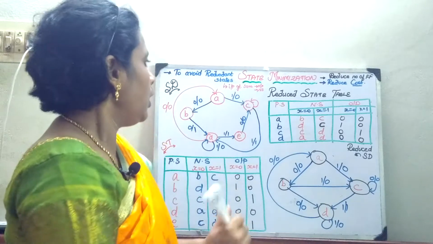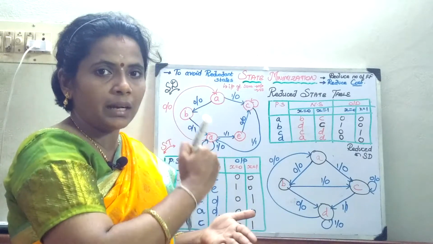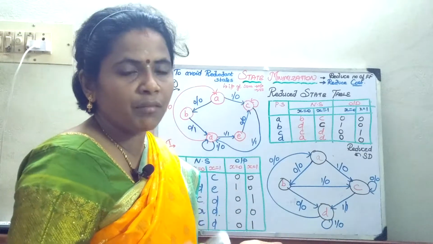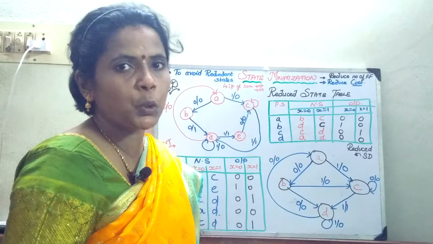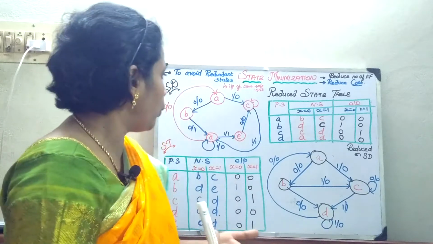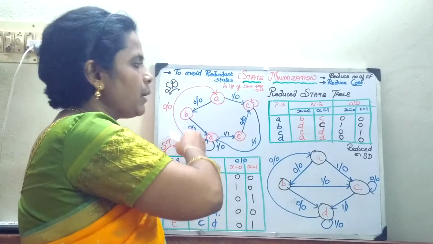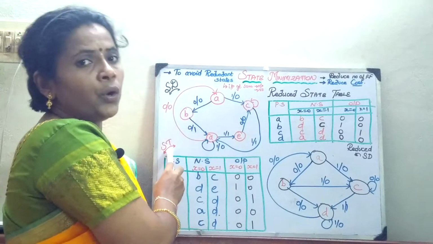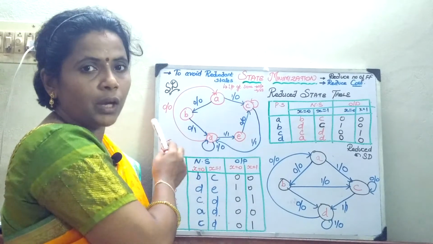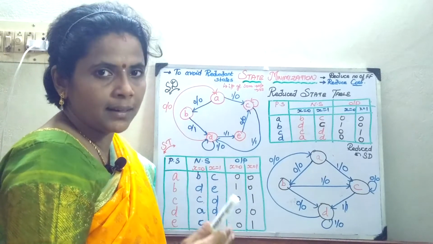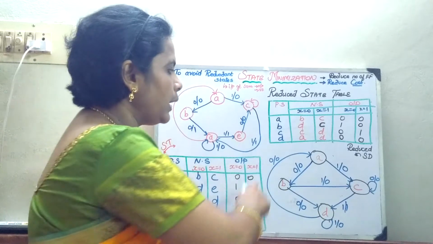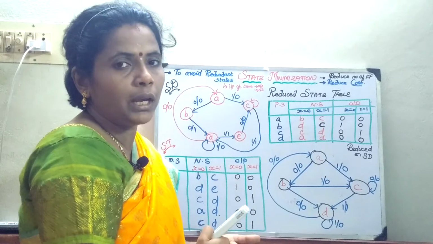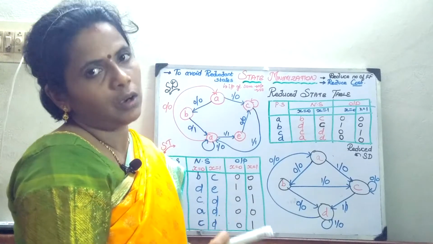Now, in the last case, what we have done is the state table, from which we drew the state diagram, since the state diagram is a graphical representation of the state table. Whereas here, the state diagram is given. From the state diagram, we are going to compute the state table and check which are the redundant states, eliminate them, and form the reduced state diagram, so that we are able to save the cost.